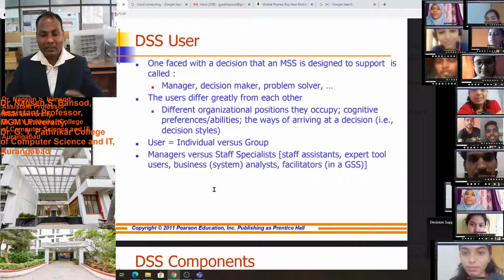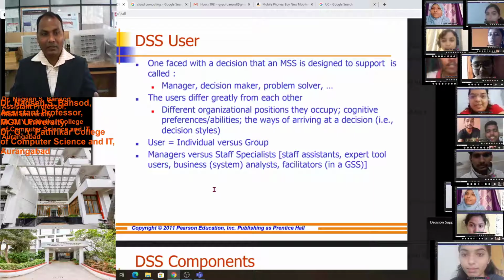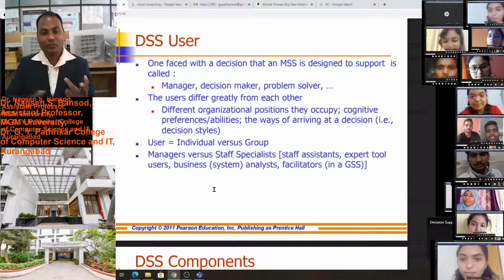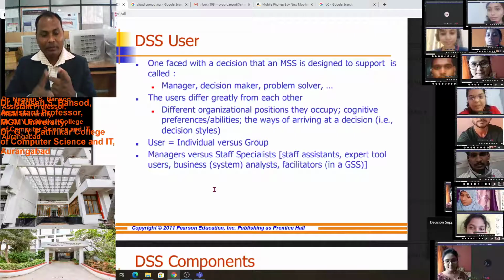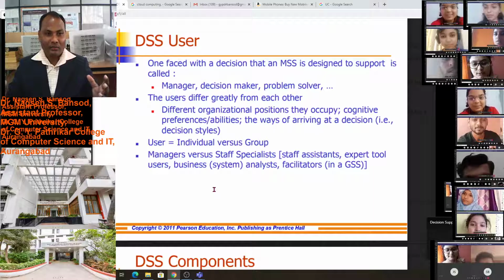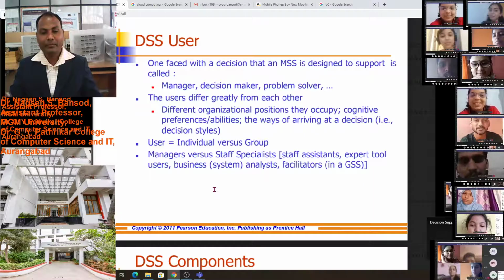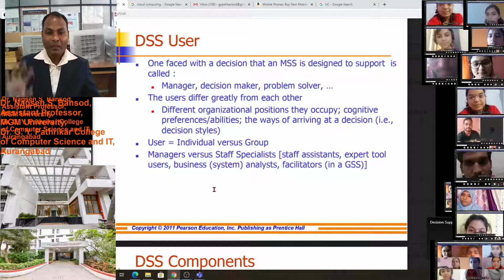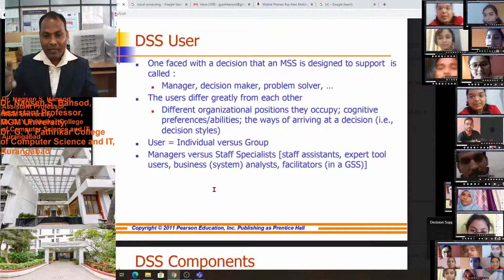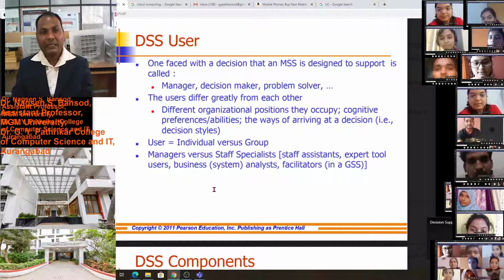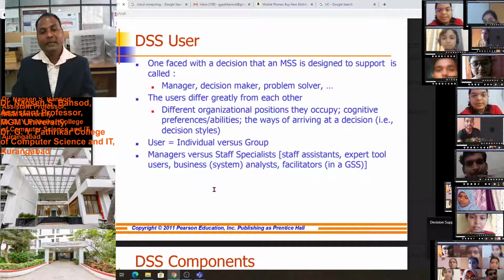Suppose we are the manager in a hospital and we have a staff for X-ray images. We have a staff for the MRI images. We have a staff for fMRI images. They are the specialists, but how they are working, properly or not, the manager can find that.